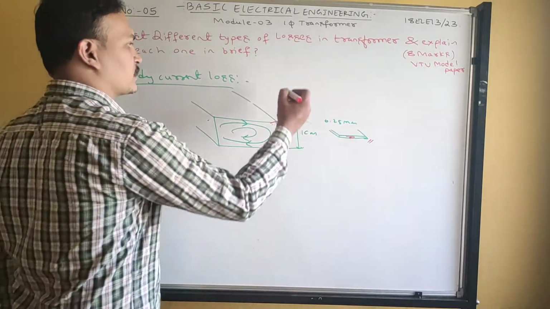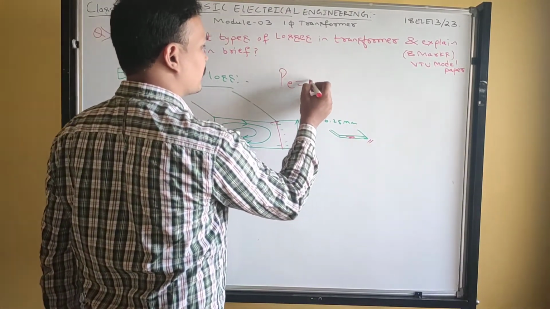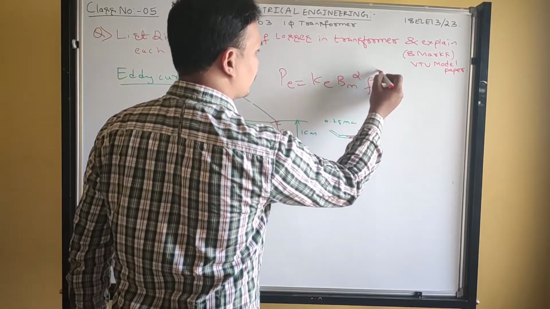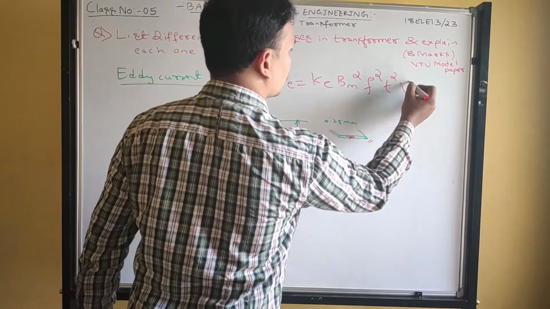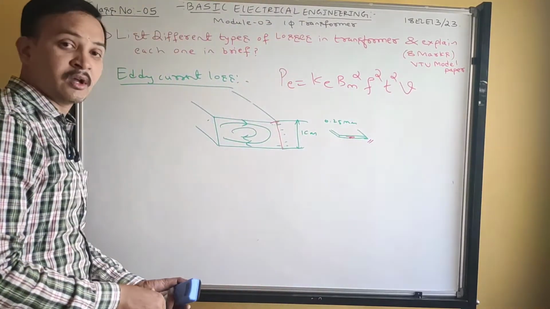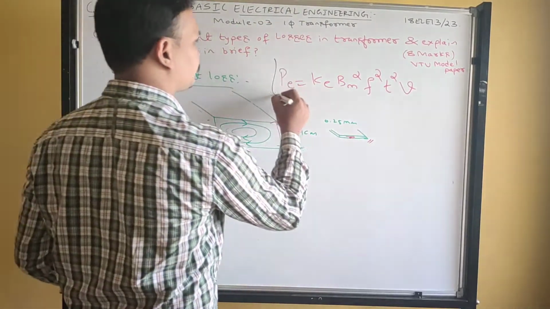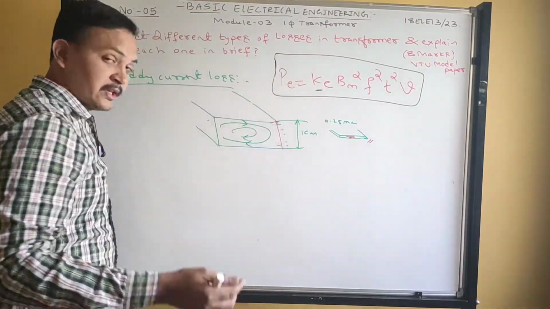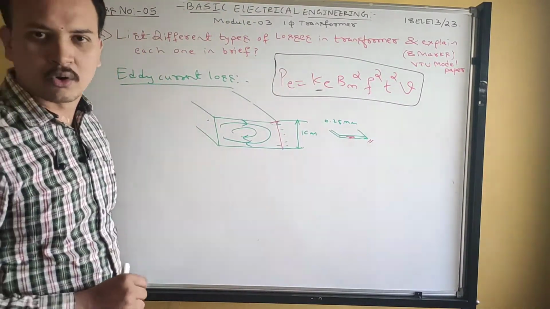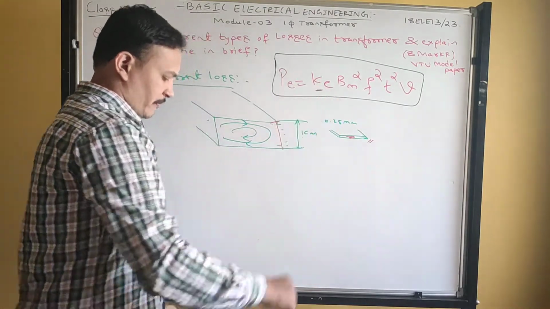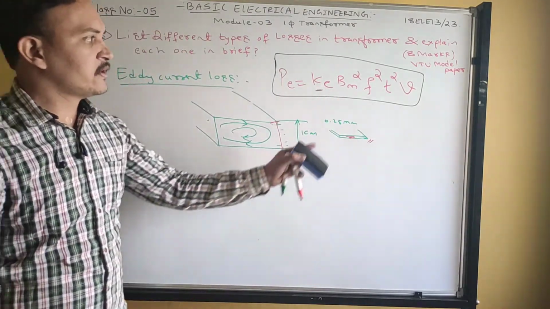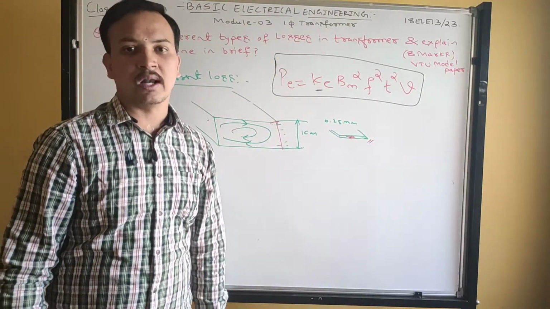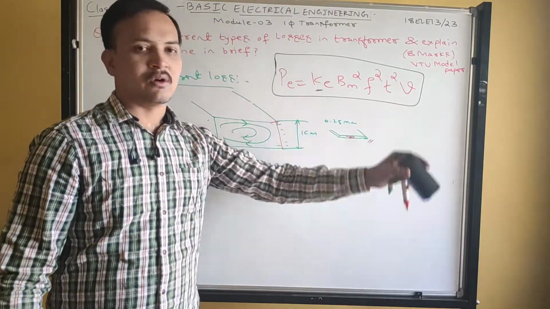Okay, got it? So eddy current loss is given by the equation Ke Bm square F square T square into V. This is the formula for eddy current loss. Now, what do you mean by Ke? Ke is the eddy current constant of the core material, and Bm is the maximum flux density. F is called the frequency of flux reversal, T is called the thickness of core laminations, and V is called the volume